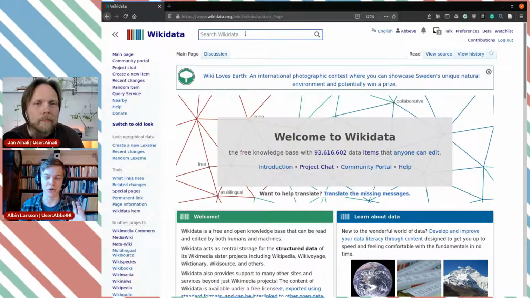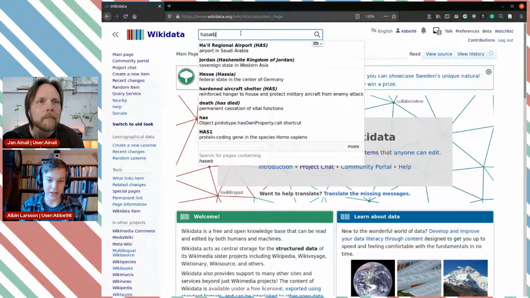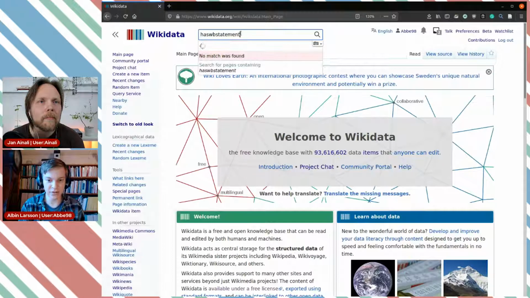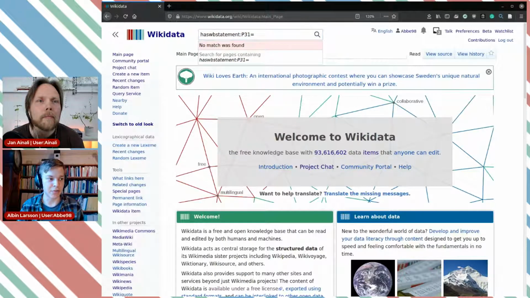So I'm going to start by showing what I usually do to start working on items like scholarly papers about various glaciers, for example, or in a different subject. Wikidata has this nice thing, and actually any Wikibase, including Wikimedia Commons, where you can type something like haswbstatement, and then we can say a property like P31, for instance of, and say that should be equal to, and then I can pick from my notes here